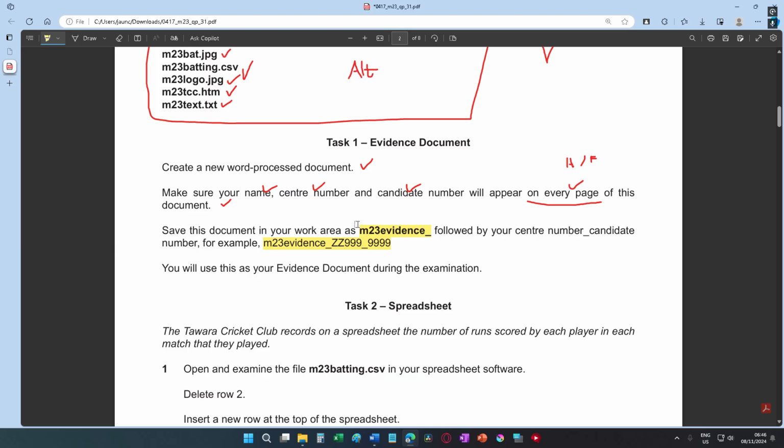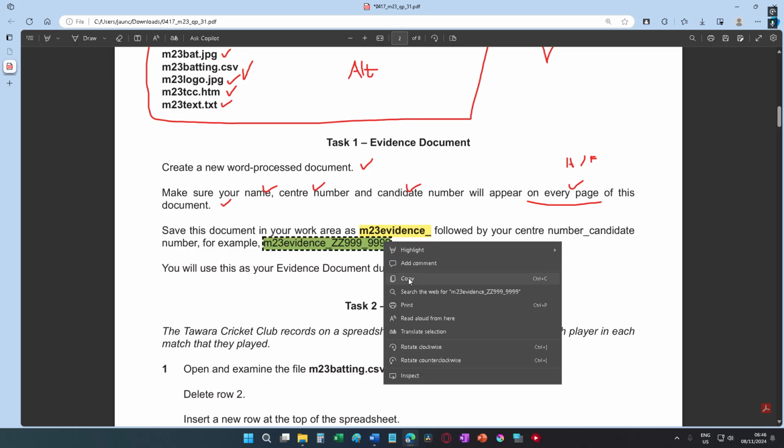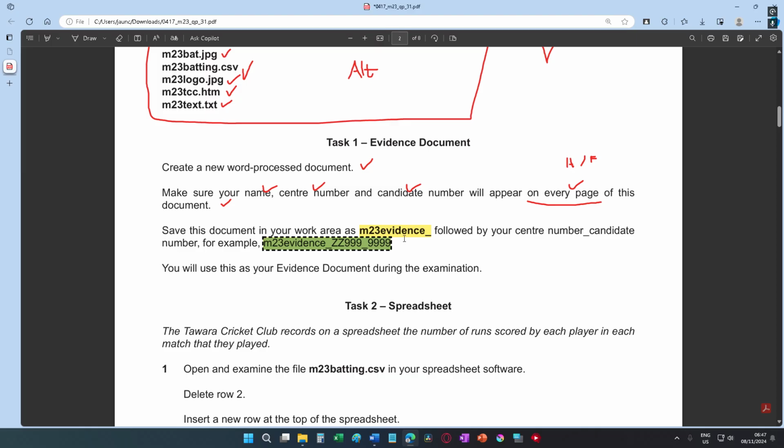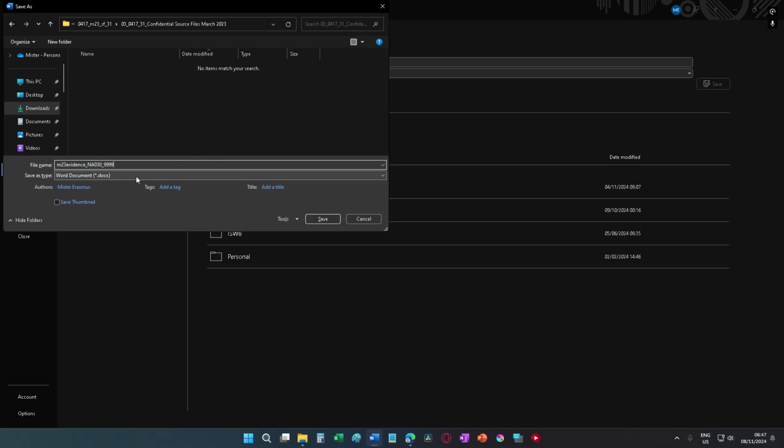And now, since we're working digitally, we can, in fact, just copy this entire thing. Copy. And I paste it in there. And now, instead of that, say NA030, and now I'm just going to make sure, was it the center number or my student number? They said followed by your center number underscore candidate number. Okay, so candidate number, so 1, 2, 3, 4, and there is my evidence document, and I make sure that